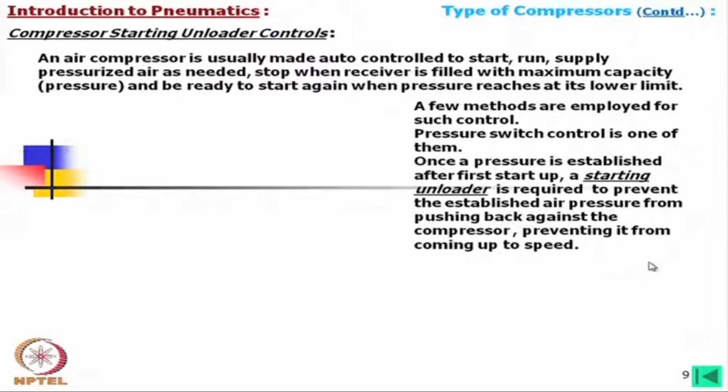Once a pressure is established after first startup, a starting unloader, look at this term, it is called starting unloader, is required to prevent the established air pressure from pushing back against the compressor, preventing it from coming up to speed. The meaning of this sentence is that